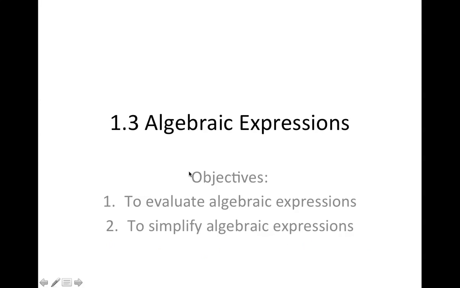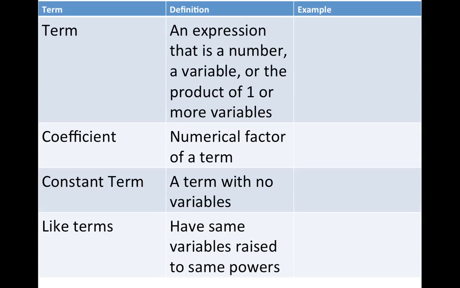Alright, so we're starting with 1.3 algebraic expressions. By the end of this lesson, you should be able to evaluate and simplify algebraic expressions. A couple vocab words. A term is an expression that is a number, a variable, or the product of one or more variables. So if I wrote out the expression 3x squared plus x minus 6,